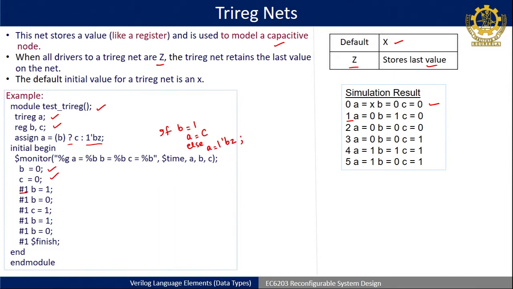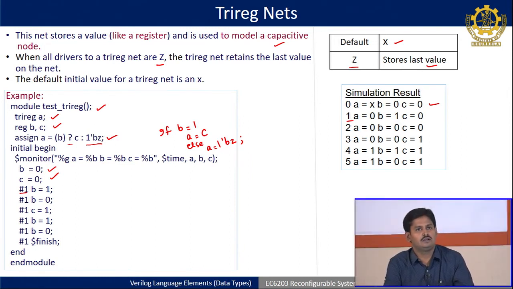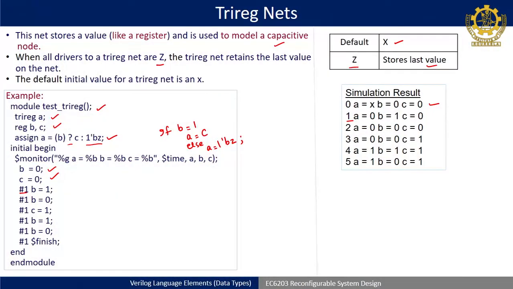Understood my point? So this is actually called, like I told that in behavioral modeling you can pass conditional statements using if else or case. Similarly Verilog also supports that in concurrent assignment statements or data flow modeling, where you can also pass a conditional assignment. So this is one form: assign A is equal to B question mark C colon Z. This statement shows that if my B is true, B is written directly, nothing like not B, written as a whole. So if my B is 1, then A will be equal to C, else A will become Z.